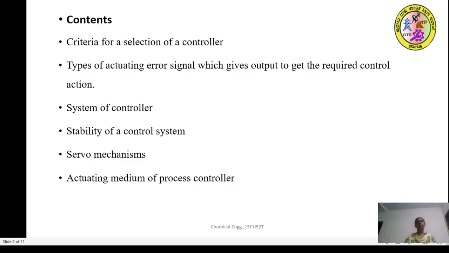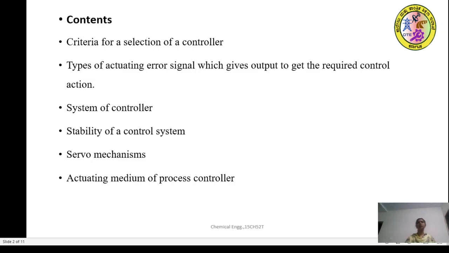In this Unit 3 of Instrumentation and Process Control, we have learnt about the different diagrams such as the operational diagram, physical diagram, and the block diagram, and the nomenclature and the method of drawing the instrumentation diagram. What criteria have to be followed in the instrumentation diagrams? What is the schematic representation of the instrumentation diagram, and the different modes of control, which is the main concept of Unit 3.